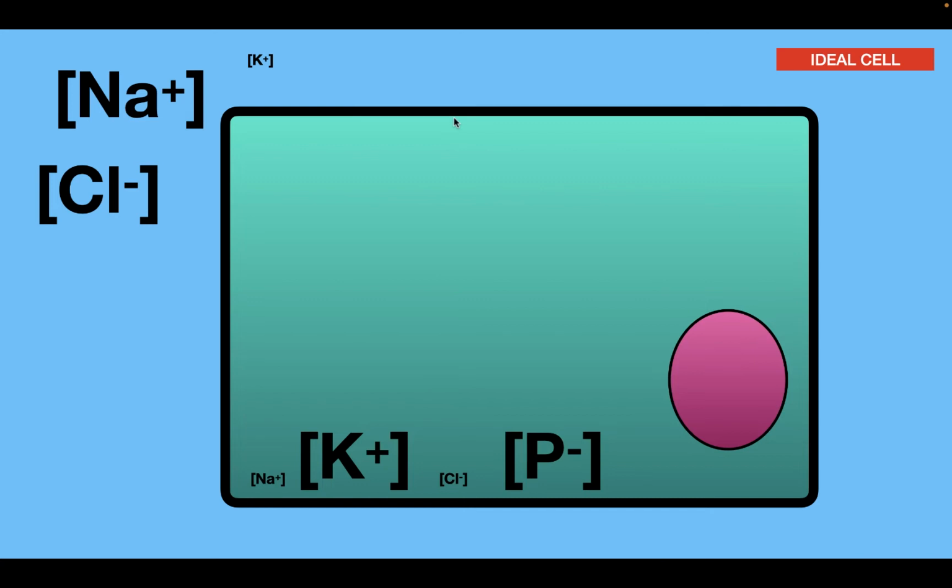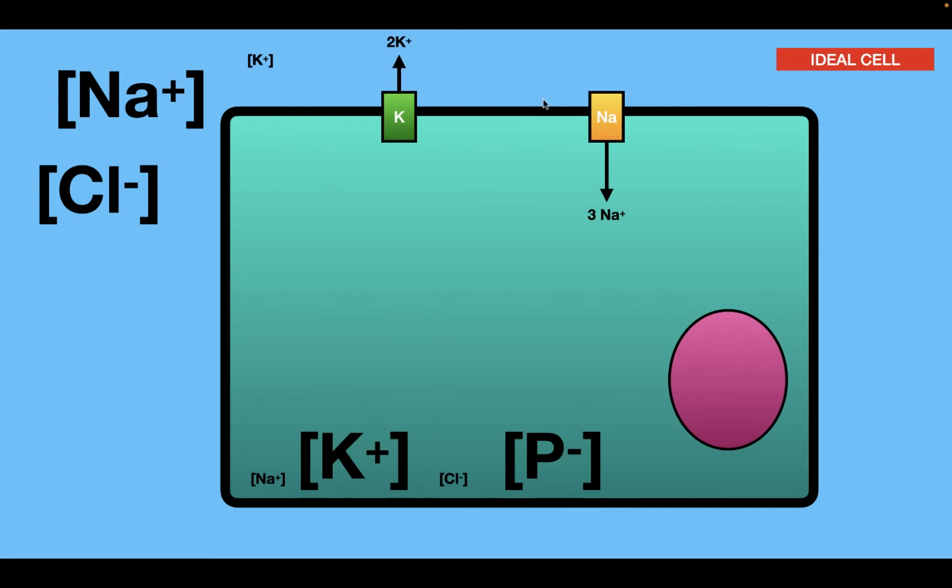So inside this ideal cell, we have leak channels. Leak channels are channels that are always open, and they allow ions and molecules to pass down their electrochemical gradient. The first one is going to be the sodium leak channels, which will allow sodium to flow into the cell down its electrochemical gradient. And let's just say 3 sodiums flow into the cell. The next leak channel is going to be the potassium leak channel. In this leak channel, potassiums are going to move out of the cell, and let's just say we have